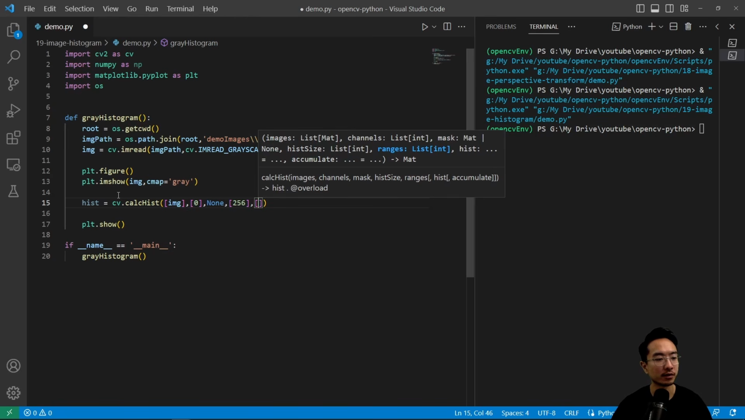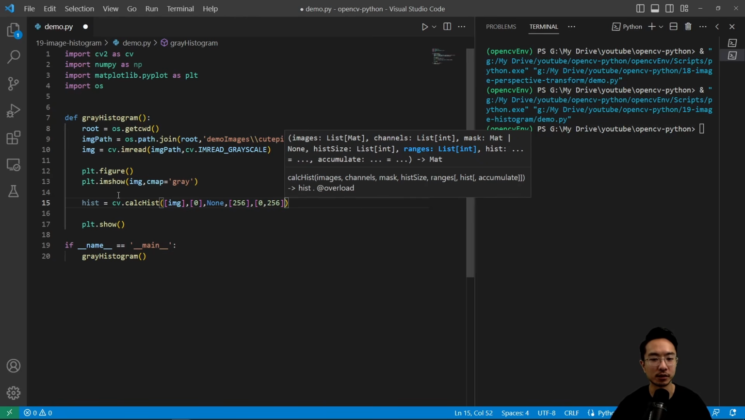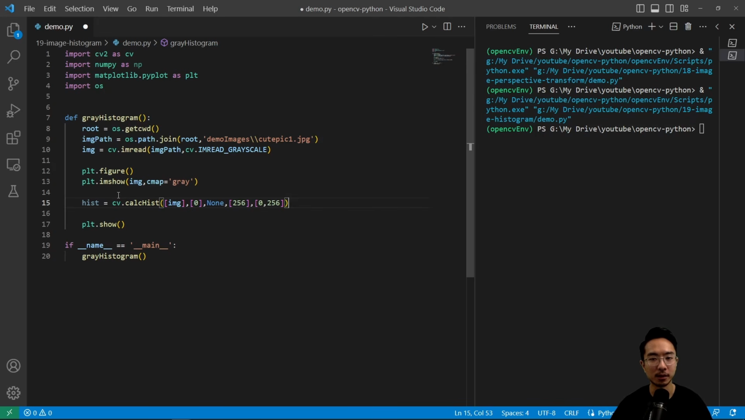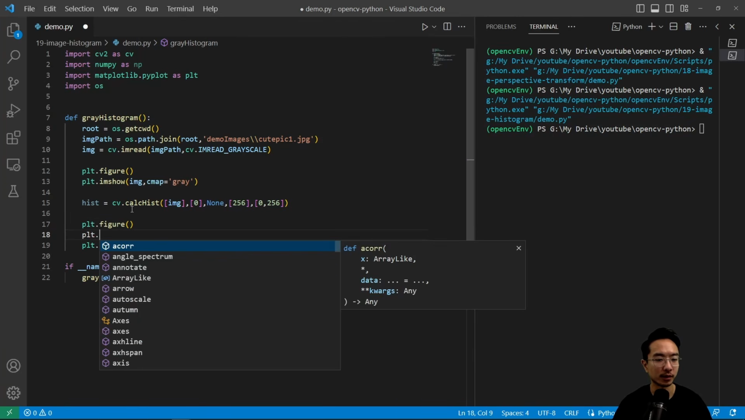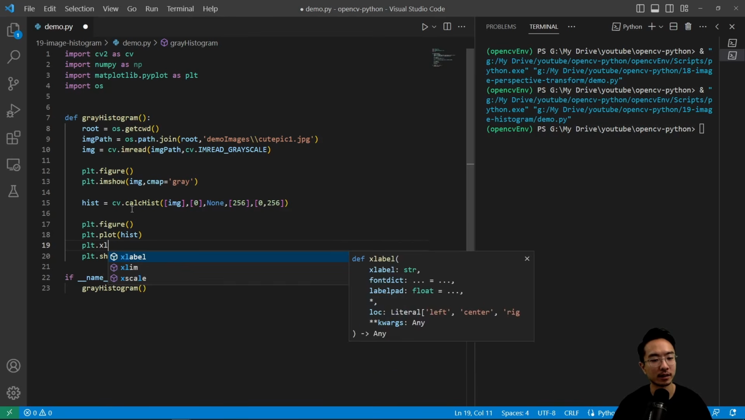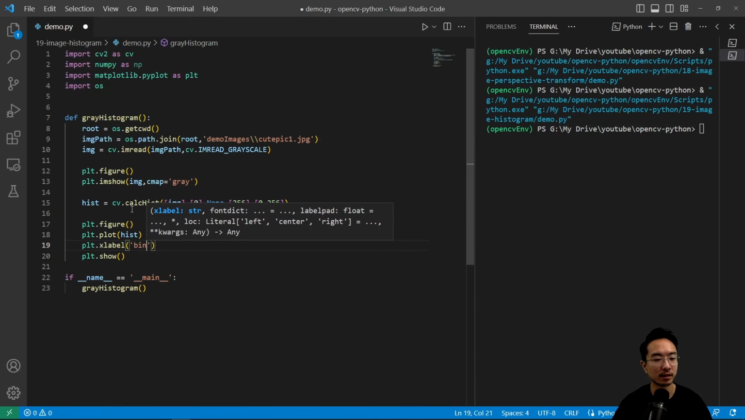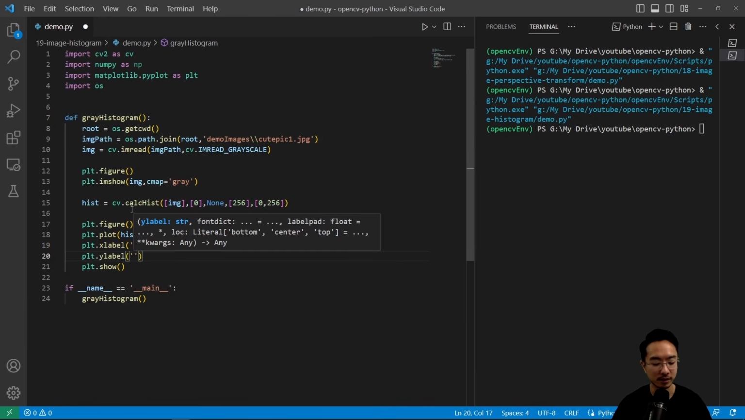Here we also have the range of values, which will be 0 to 256, not including 256. That's why pixels are from 0 to 255, not including 256, and that's why we have the number 256 here. Okay, so we're going to do plt.figure for a new figure, and then plt.plot to plot our histogram, and then we'll label our x-axis as bins, and then we will label our y-axis as number of